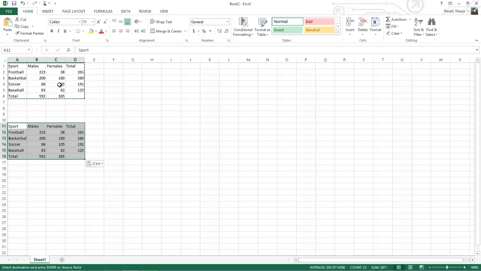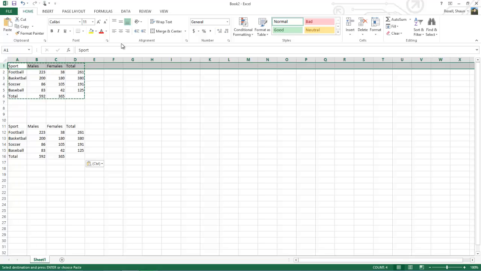Now we are going to go back to our first set of data, and we can format the first set of data to make the data easier to view. So what we are going to do, we are going to center and bold the title row by clicking on the row number corresponding to the titles, row number 1, and go to our font tools under the Home tab and bold it and center it